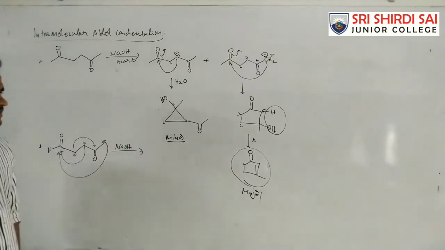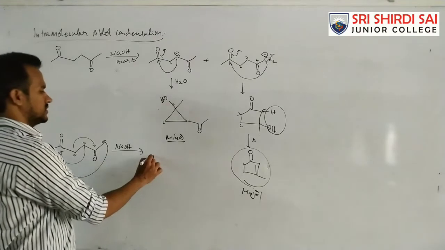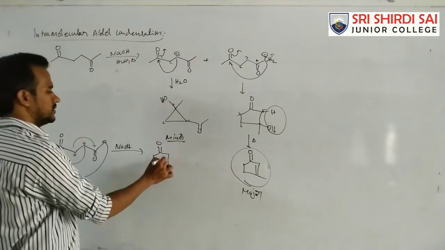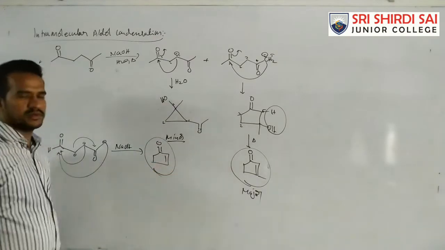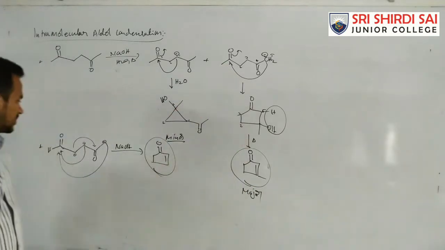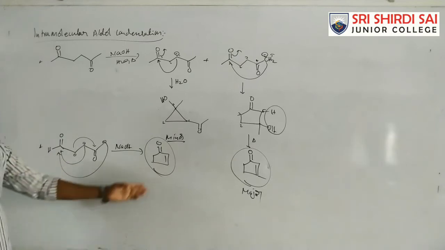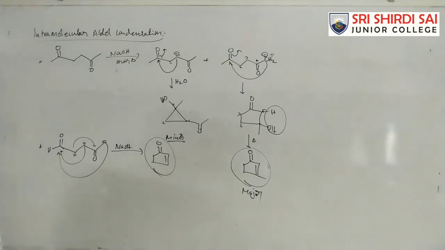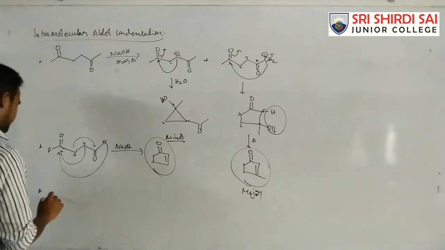The same will come actually. Okay, so then what is the product here? Double bond O, and the methyl group will not be there. Here there is a methyl, right, just this one methyl. So the methyl is hydrogen. So this is the product. Okay, but suppose let's see this one.